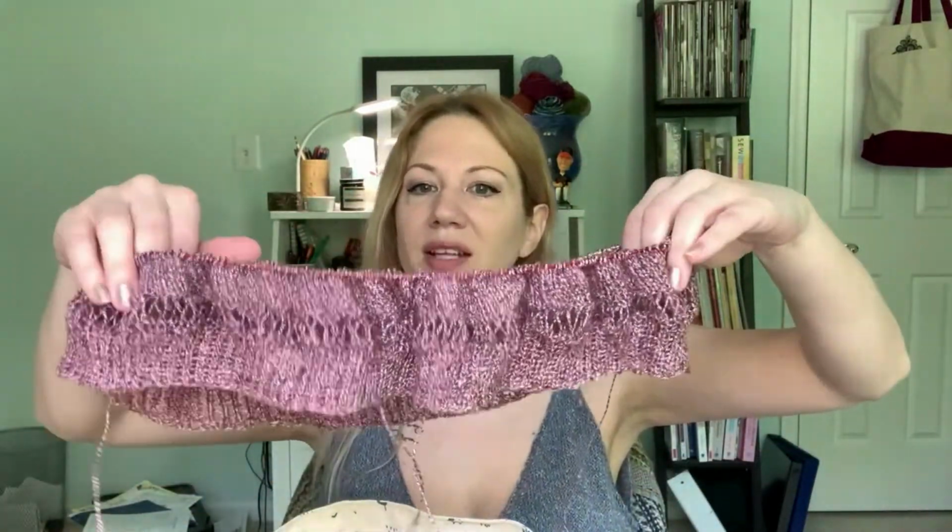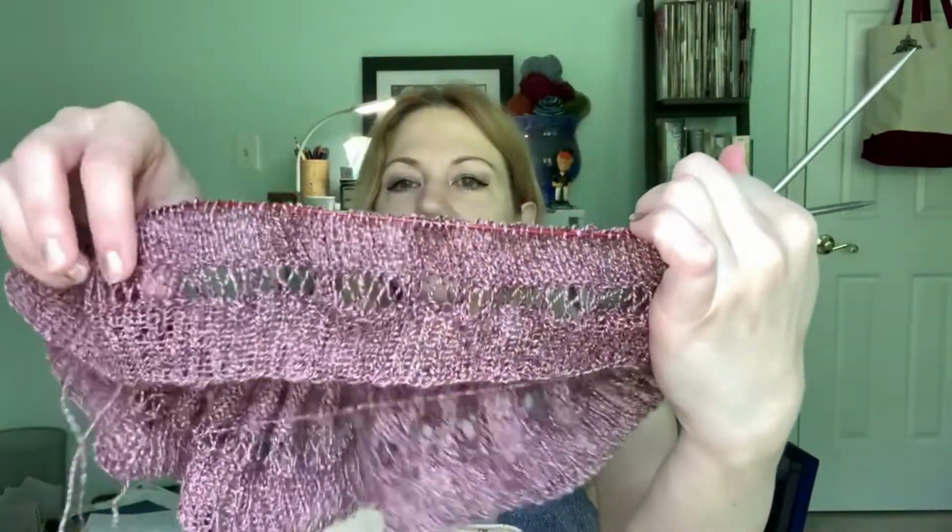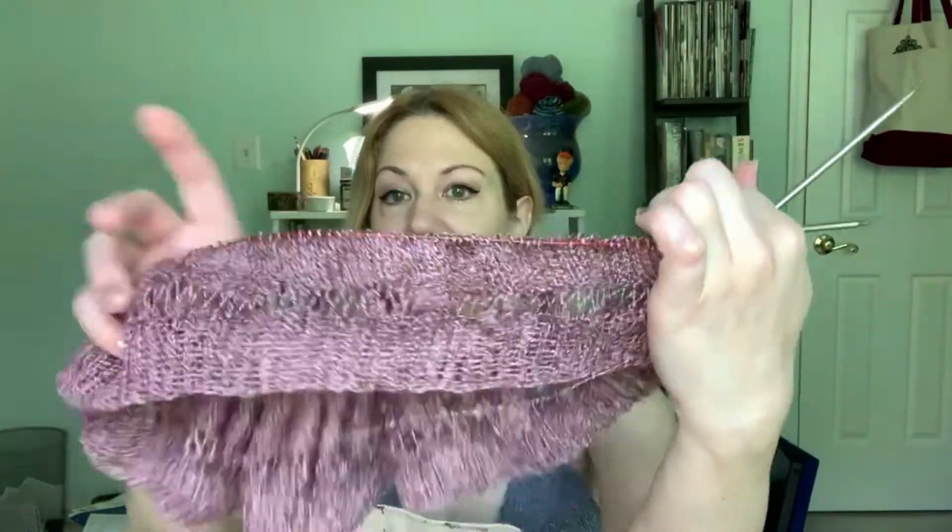I am currently working on the matching t-shirt, but I have not made much progress there, so there is not much to see. I will show you anyway, so I have the shirt going. The t-shirt is knit from the bottom up, and you can see it on the needles, how much this fabric is pulling over to my right. It is just,